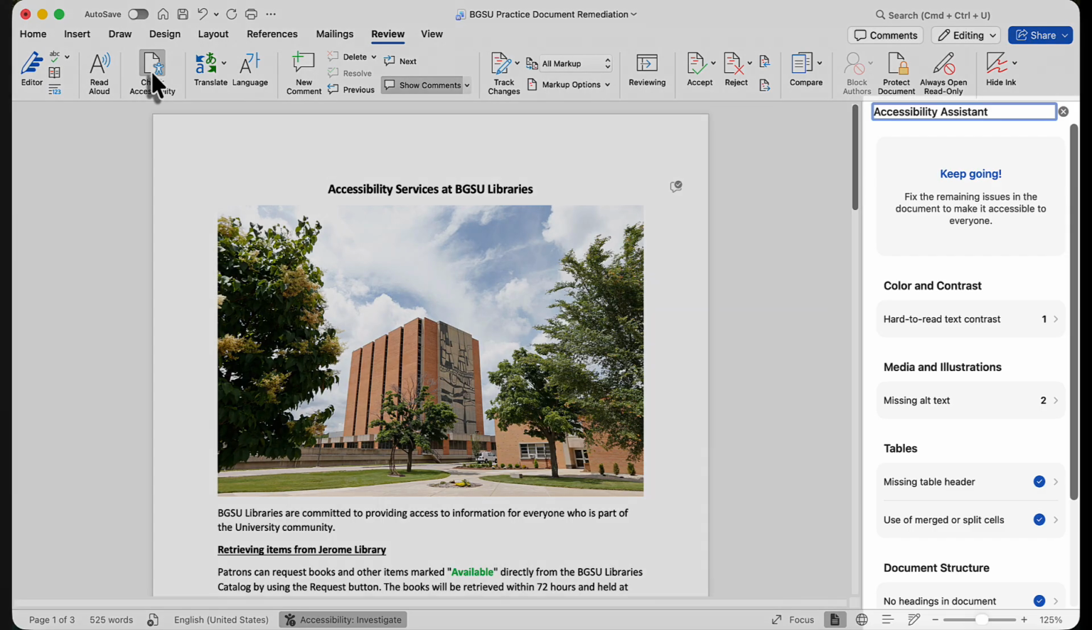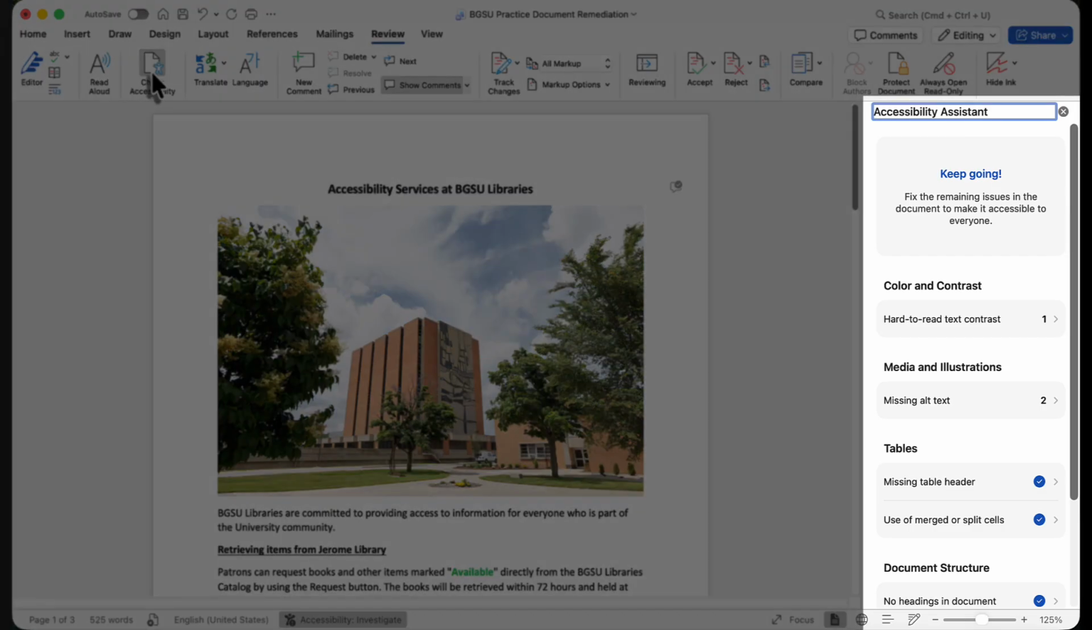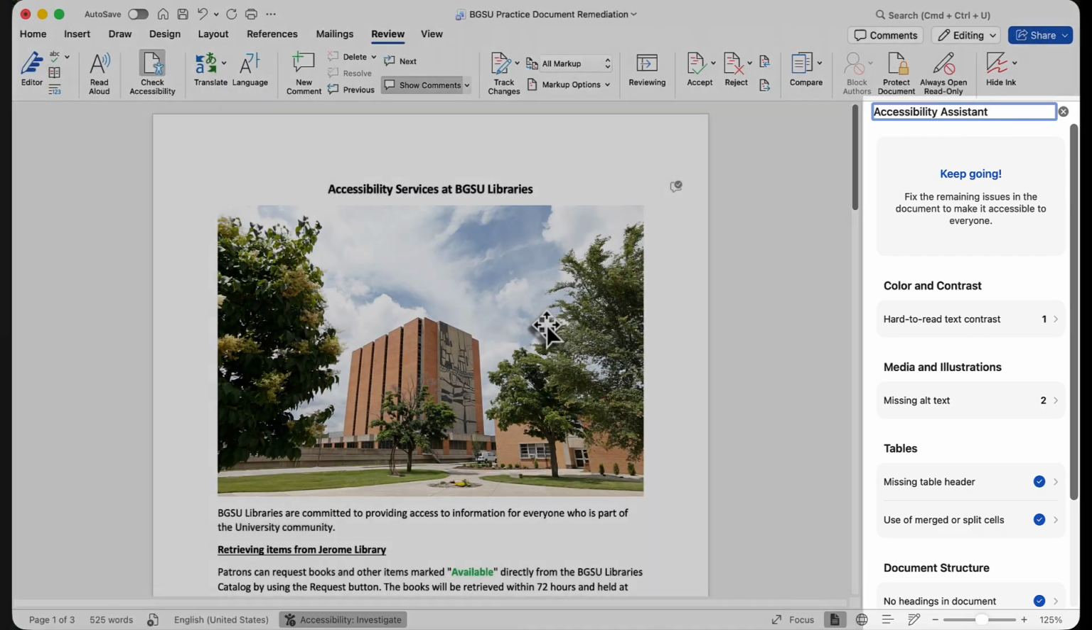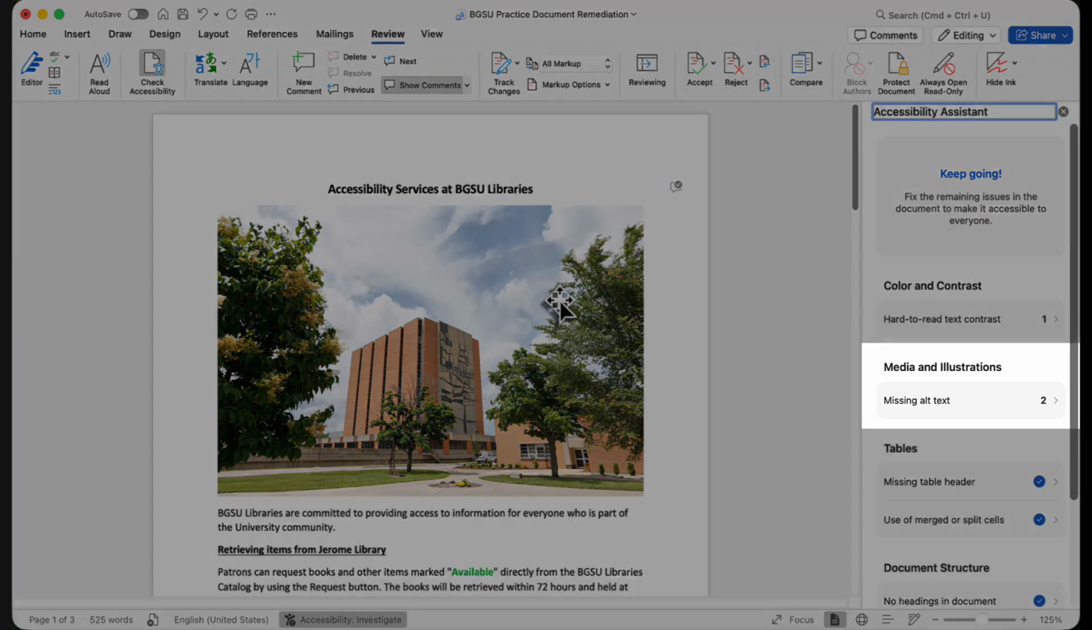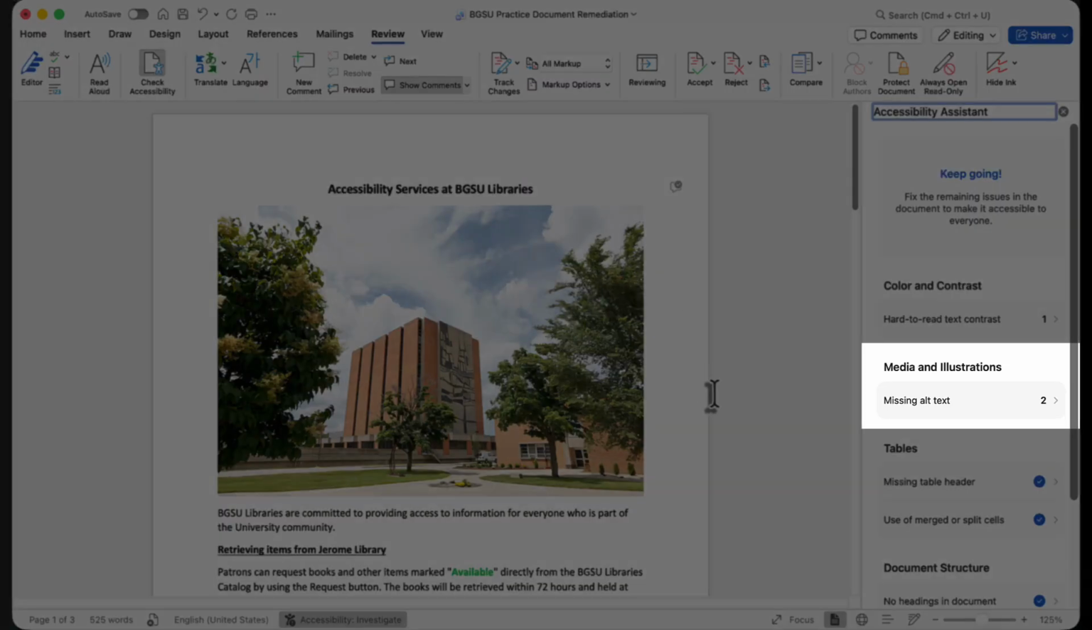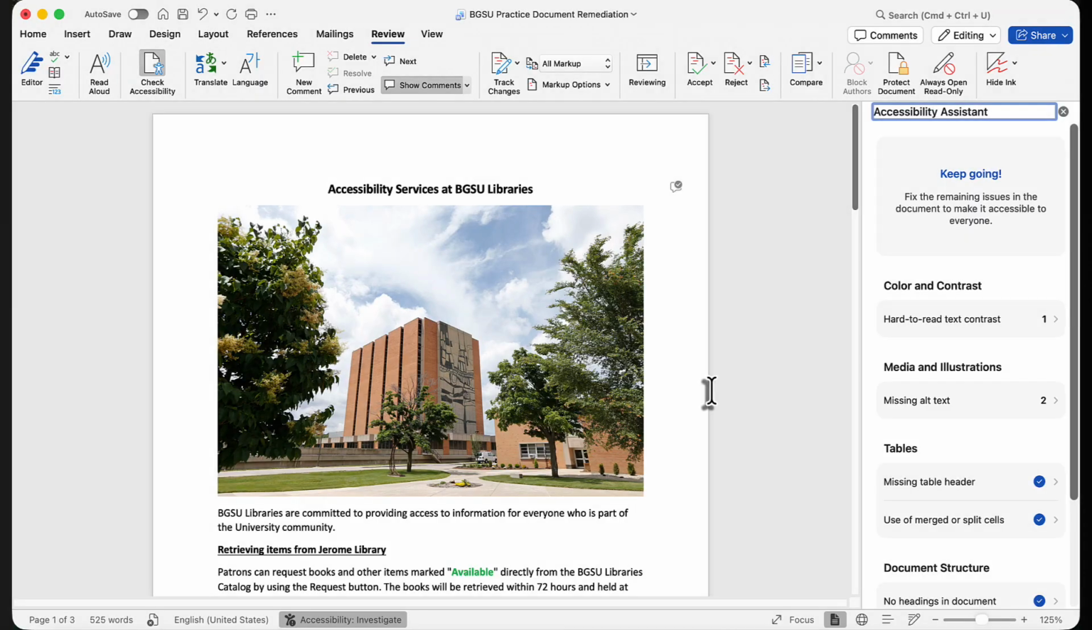The Accessibility Assistant will open on the right. Under the heading Media and Illustrations, you will find Missing Alt Text. The number 2 means we are missing alt text on 2 images. Select Missing Alt Text,